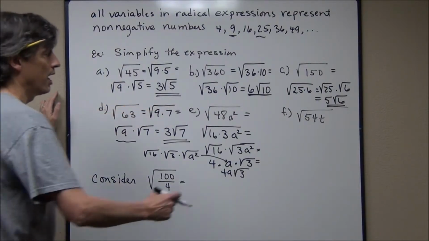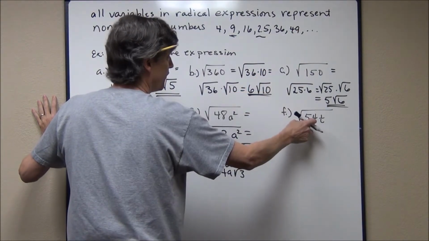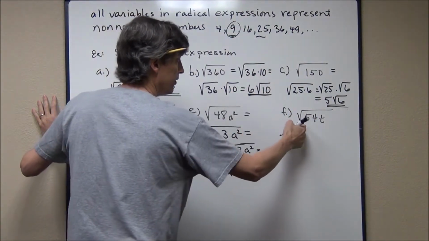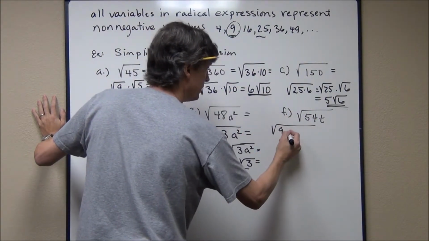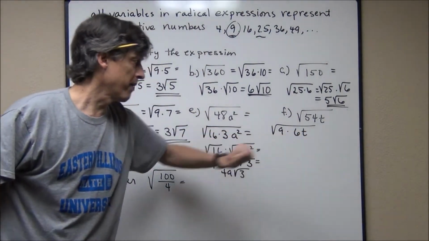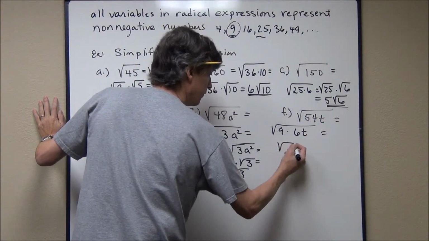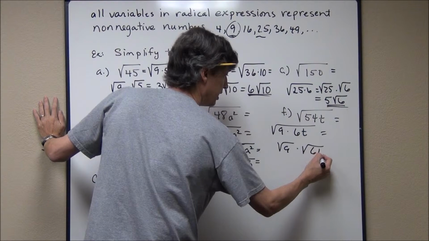Now in this case, I'm looking at 54. I'm trying to think of what numbers that are perfect squares divide into 54, and it's 9 again. This is the square root of 9 times 6t. Now this time the t is to the first power, so it's not a perfect square. I'm going to break this apart as the square root of 9 times the square root of 6t,